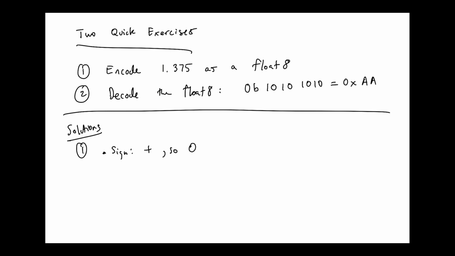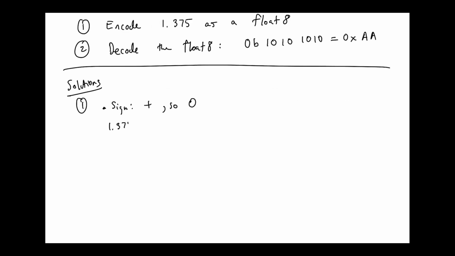We need to first write 1.375 as a binary number, right? And so 1.375 in base 10 is, and I picked .375 because that's 1 plus a quarter plus an eighth, right? Which means it would be 1.011 as a base 2 number. Are we cool with that? Because what do we have? We've got a quarter and an eighth, and no halves, and nothing beyond that. Now, let me go ahead and add a 0 at the end there,